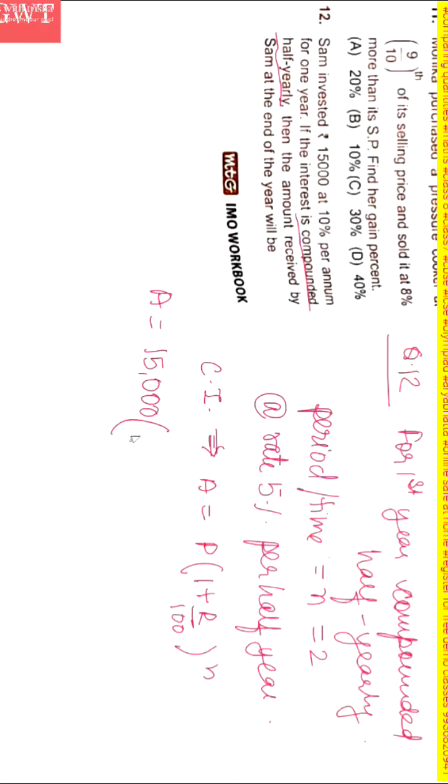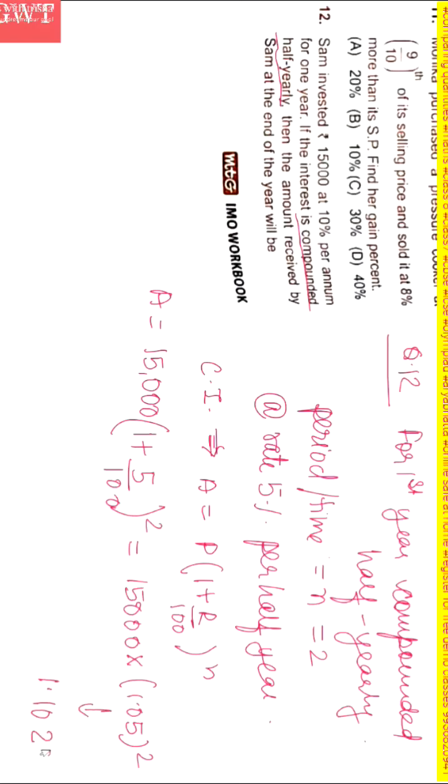Then what I will do, 15,000 into (1 plus 5 by 100), and it will be squared, right? So it will be 1.05. So I can say directly 15,000 into 1.05 whole squared, right? After multiplying the square, this square value is 1.1025. So finally, the A value will be 15,000 into 1.1025. So it becomes nothing but three zeros, 1, 2, 3 zeros, and then I will multiply. So I get 16,537.50 rupees.